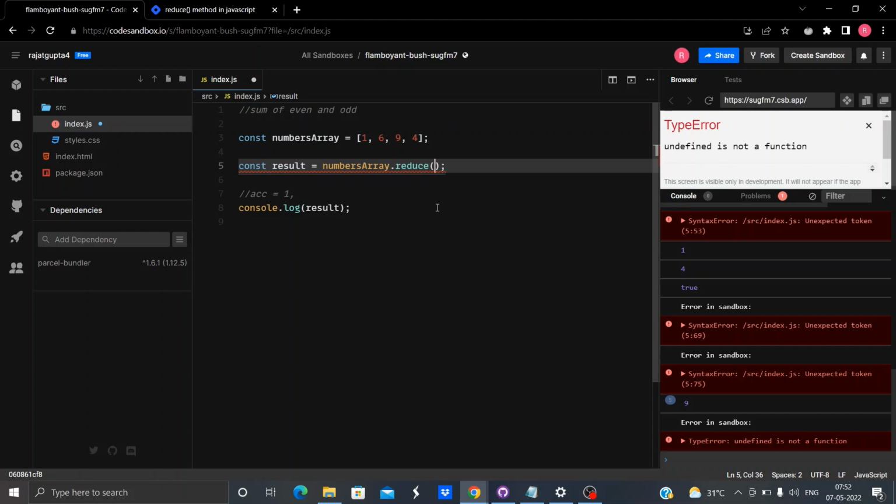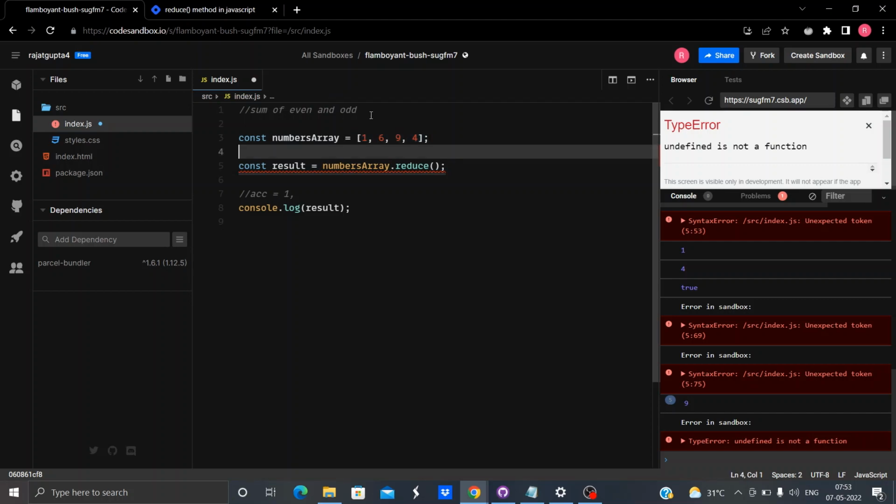Whatever the input, it's always an array, but we'll always get output as a single element, either a single string, a single number, a single object, or might be an array. It doesn't matter how long our array is. So this name is quite right: reduce reduces the whole array into a single element.